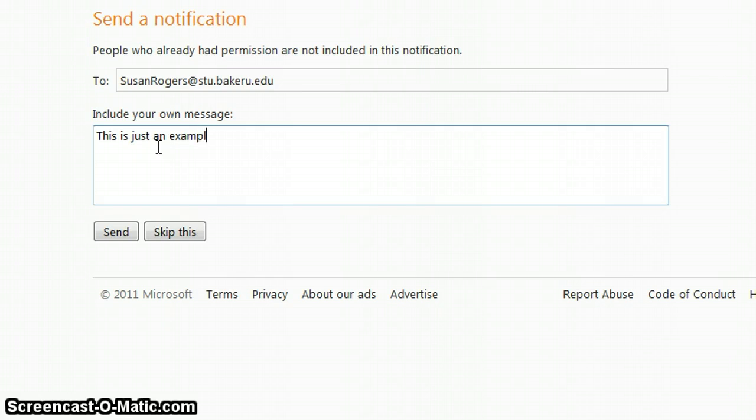but I can then send her an email that would have a link to this file in it that lets her know that, hey, I've shared this file with you, or I've shared this folder with you and all the files within it, and you now have access to it. You could also skip this. So if you know that you're going to be working with someone and they know that you're going to be sharing it with them, you don't have to send them a message. If I click send,